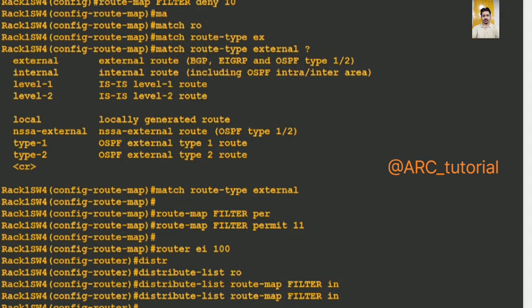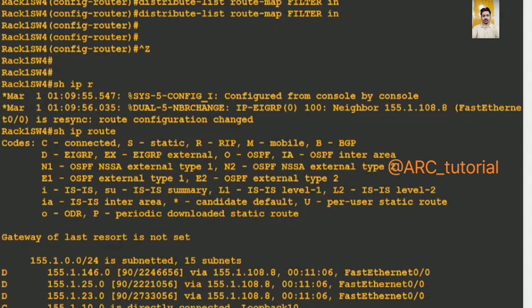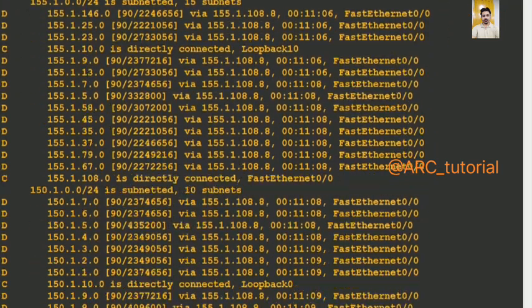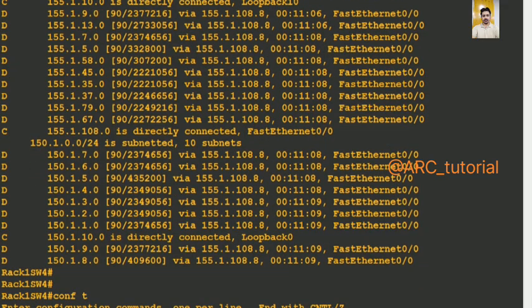So you can also match your route type. Show IP route. Let me show you. This time there must not be any single external route available here. Is there any external route available here? Fine. Apart from it, let's say that I just wanted to filter only those external prefixes which were redistributed from RIP into